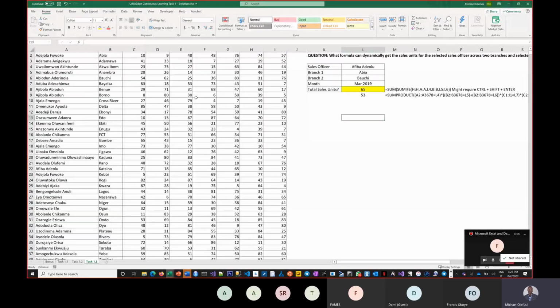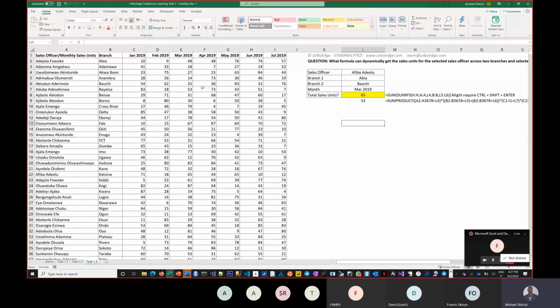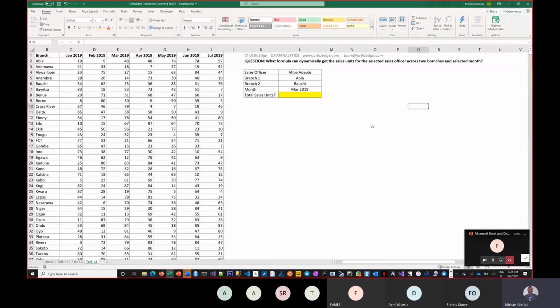this is again another task we gave our participants in the training, and this is the one we got a whole lot of very interesting answers from people. So I'm going to delete the answers that I have here so that we can all do it together, right? So what's the question about? The question is this, that we should do a formula, right? That allows us to,